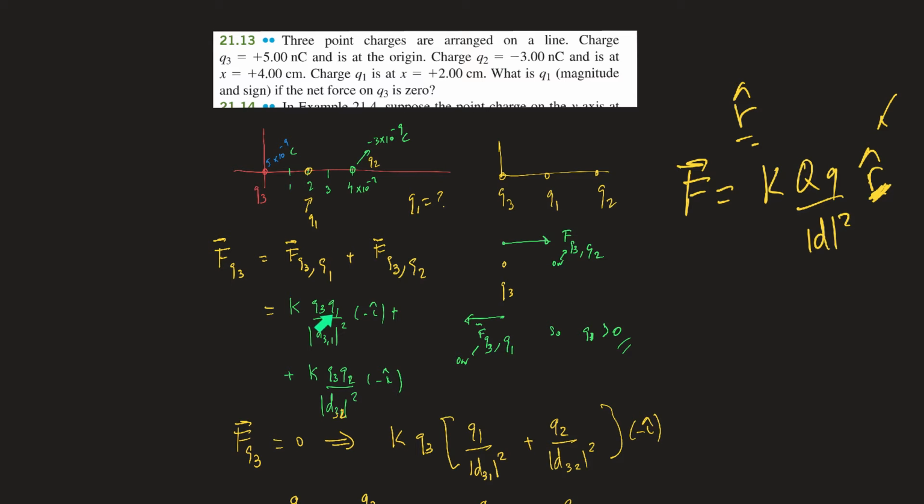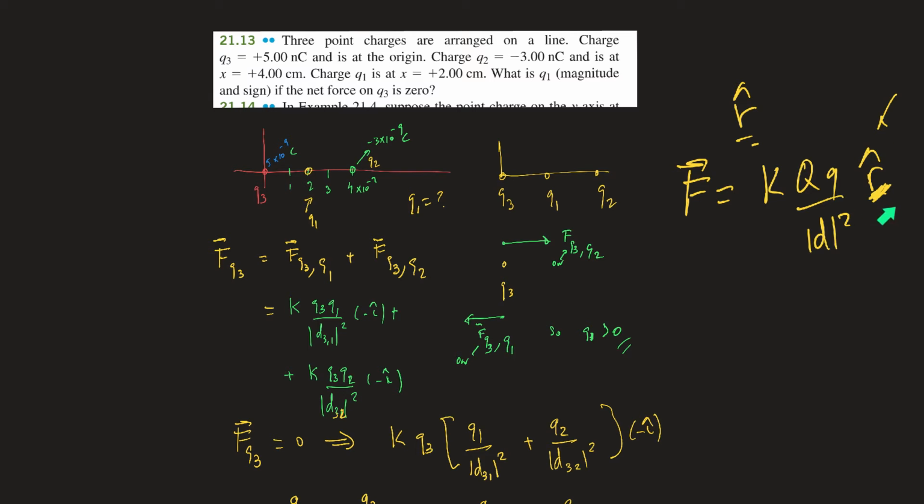For Q1, it is clear that Q1 should be positive to create a repulsion in a way that the force due to Q1 will go to the left. Okay, it will go to the left if Q1 is positive. So the force acting on Q3 due to Q1 will be K, Q3 positive, Q1 positive, divided by the distance that separates them squared, perfect. Now the vector